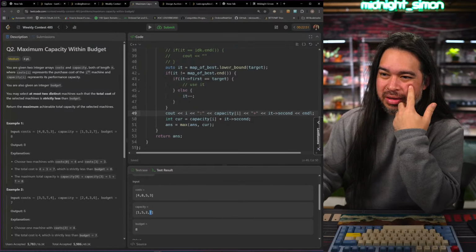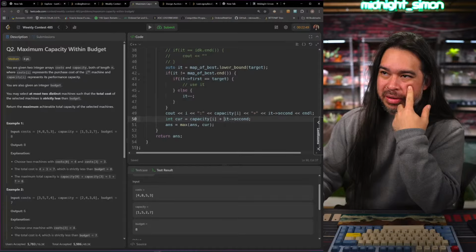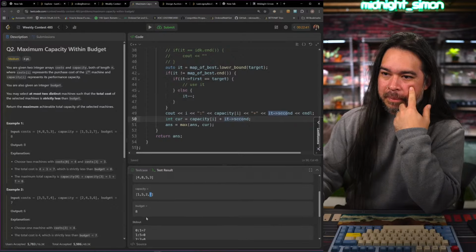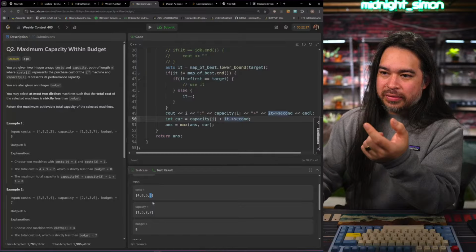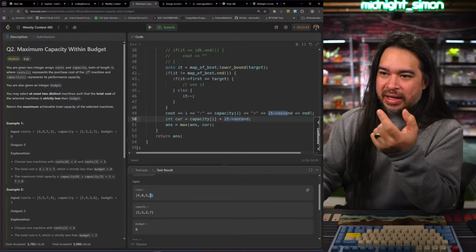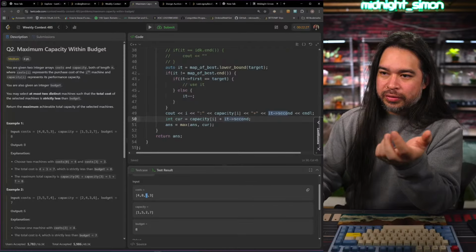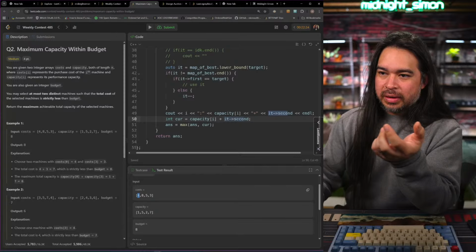How the hell did that happen? Let's try and figure it out, because it's looking for 0. Because our budget, oh wait, our cost, sorry, I got confused. Our budget is 5. Or 4, I guess. And then when it looks up 4,